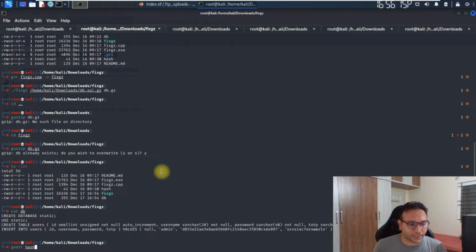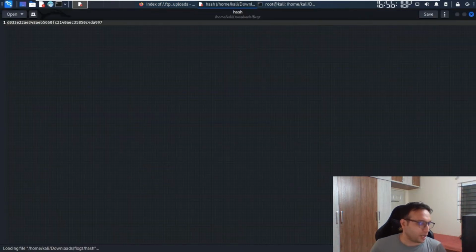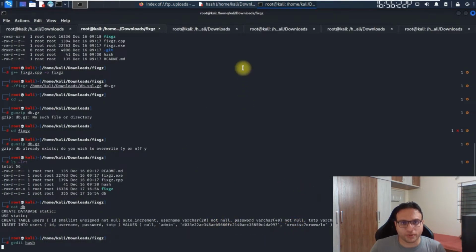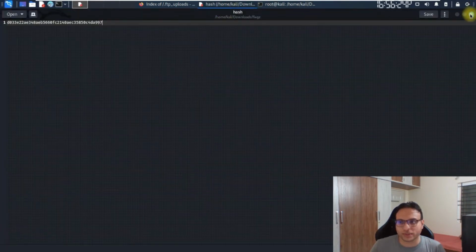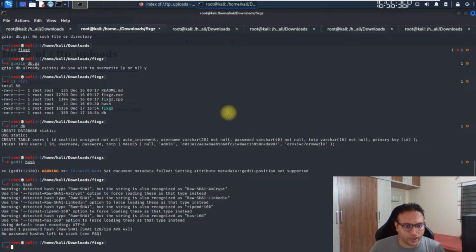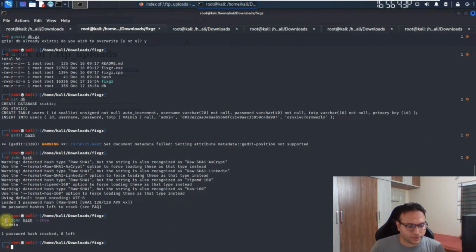Let me make one hash file over here. I'll put the content which I'm getting on my screen; I'll simply copy this and put it inside of it. Once it's done, we'll go for the next step. We have to crack this hash. So we simply have to run John on the hash, and now we have to wait for it. It's already cracked, so I'll simply have to make it show. I can see the password is admin. So the username is admin and the password is also admin.